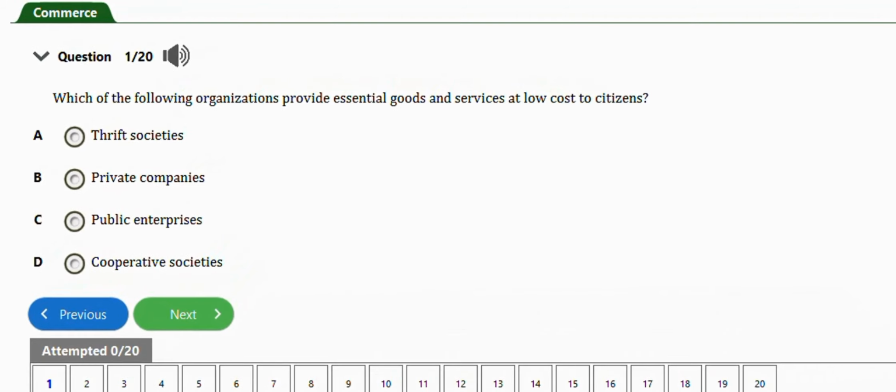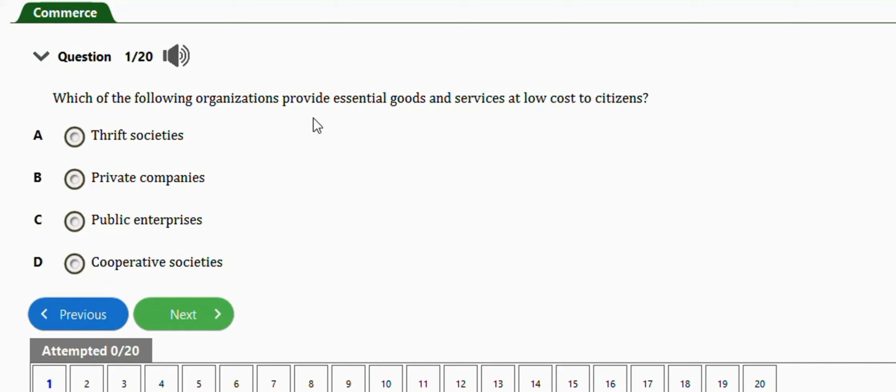In this video, we are going to learn how to solve these JAMB commerce problems under public corporation. So guys, we're going to focus on the subtopic types and meaning. We have about 18 to 20 questions to practice with in the video. Let's get started. First question I have here says, which of the following organizations provide essential goods and services at